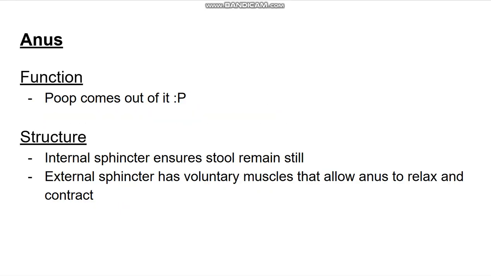And then finally we have the anus. The anus is literally just where your poop comes out. That's it. And then its structure,